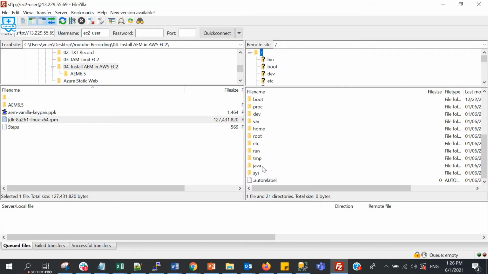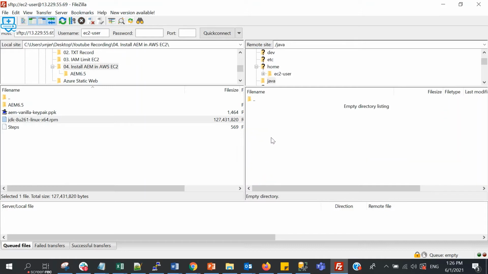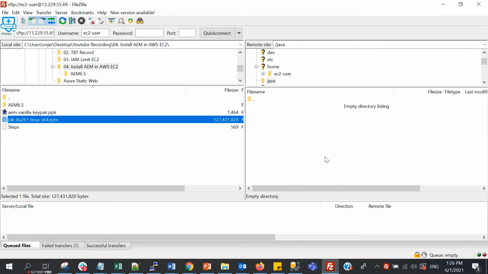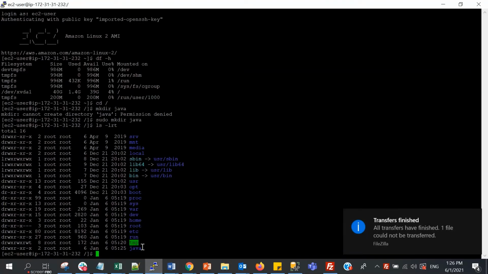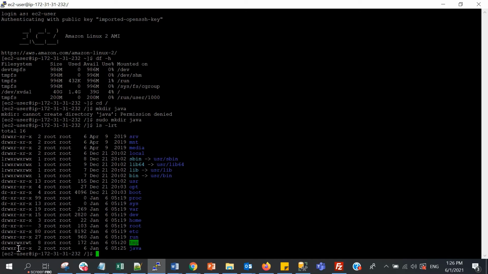If we haven't granted the permission, the file transfer will fail. Yep, you can see one file couldn't be transferred. It's because of this Java folder. We can see the rights for other group or other user is denied, meaning we don't have access.